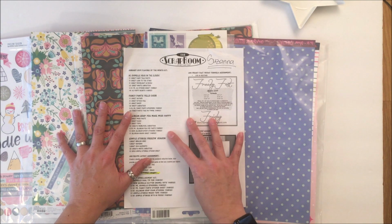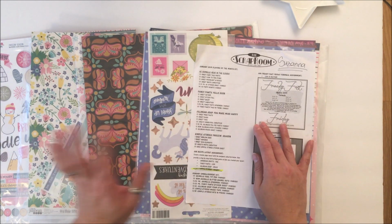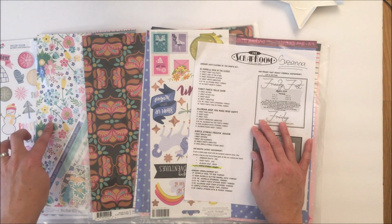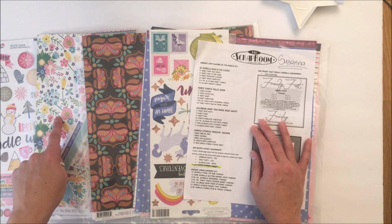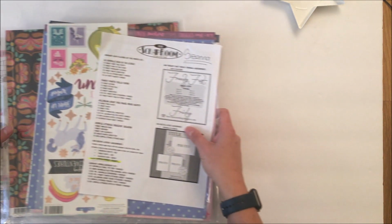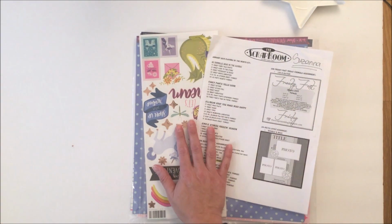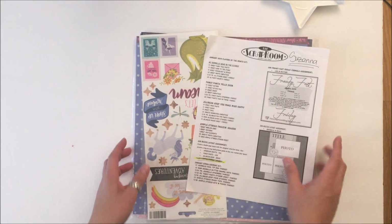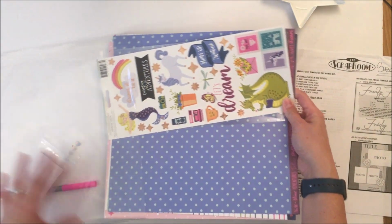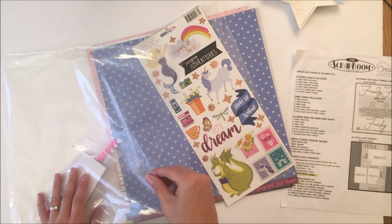There are 4 flavors: Shimelle's Head in the Clouds, Fancy Pants Yellow Door, Jillibean Soup You Make Me So Happy, and Simple Stories Freezin Season. Don't forget that I also have the pattern paper add-ons as well as the embellishment add-ons, which I will show you at the end. So let's start with Shimelle,